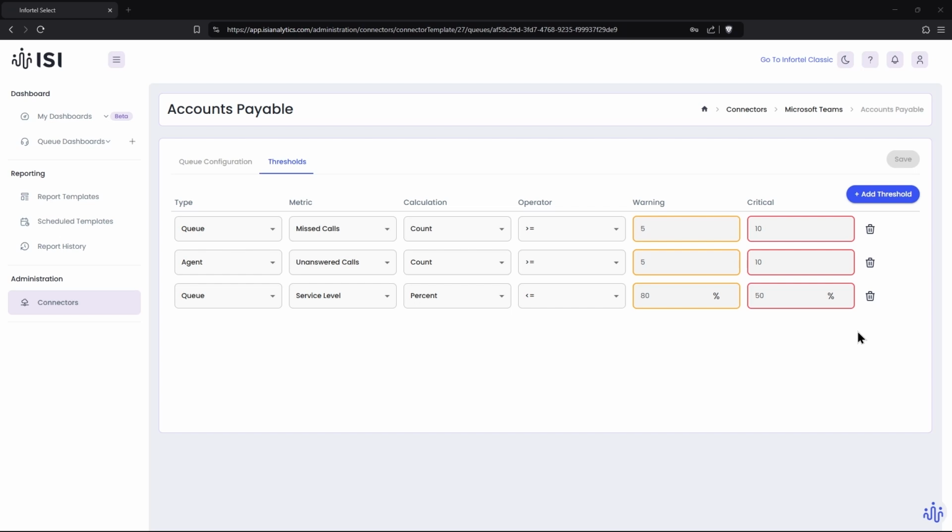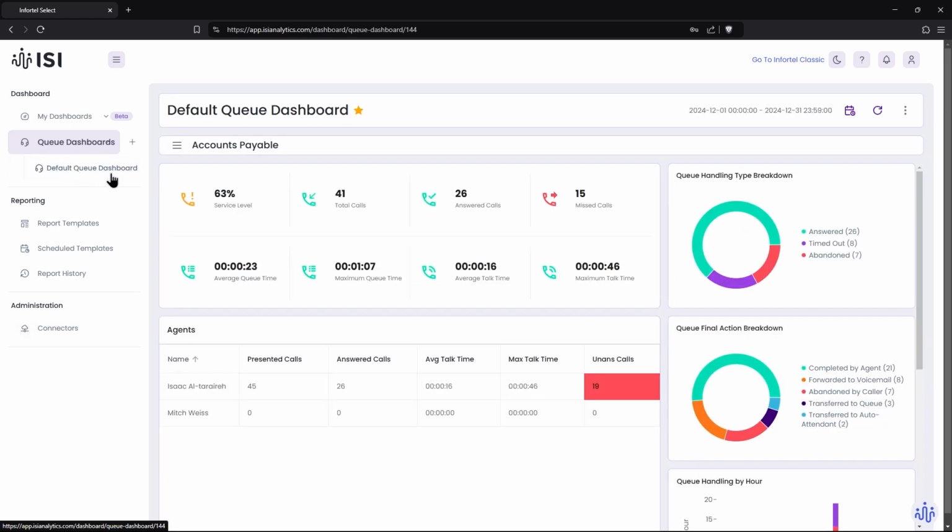The next module we'll discuss is the queue dashboards, which can be found in the left-hand sidebar menu with the headset icon. Here you can see I have a default dashboard ready to view. However, for this training demonstration, I would like to demonstrate building a dashboard from scratch and explaining all the available